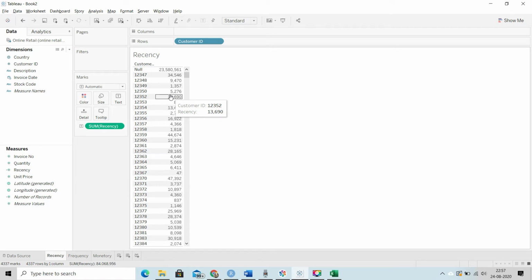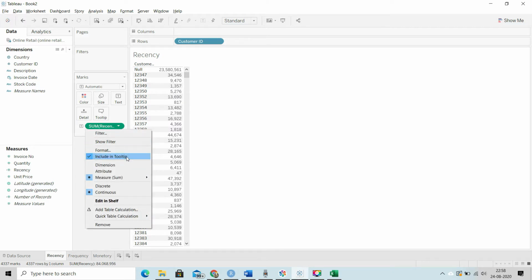Let me give you an example. Let's say the first customer has visited 3 times: 2 days ago, then 10 days ago, then 30 days ago. For every transaction, the recency will be different: 2, then 10, then 30. If I sum it up, it becomes around 42. But we don't want that value.